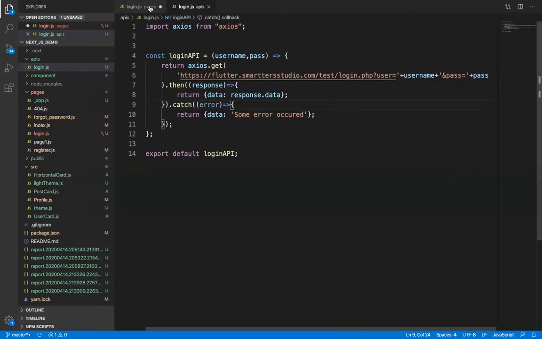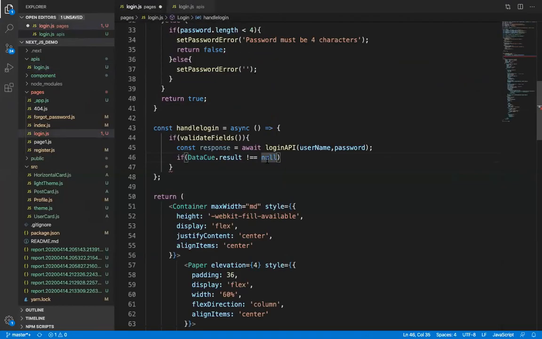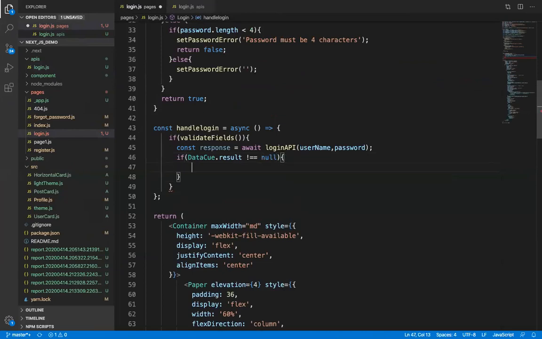So what we'll write here, data dot result is not equal to null. Then we'll write response dot result.